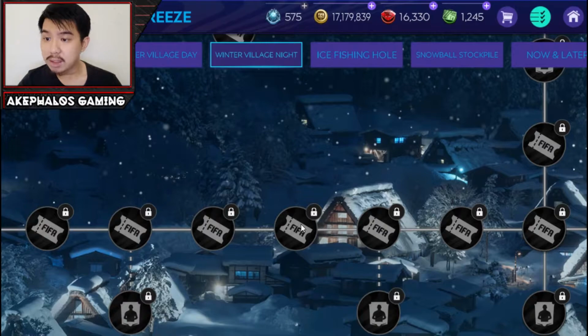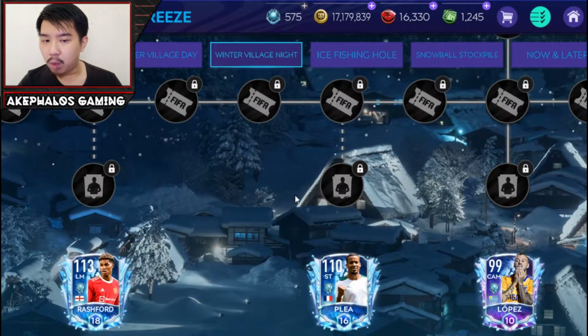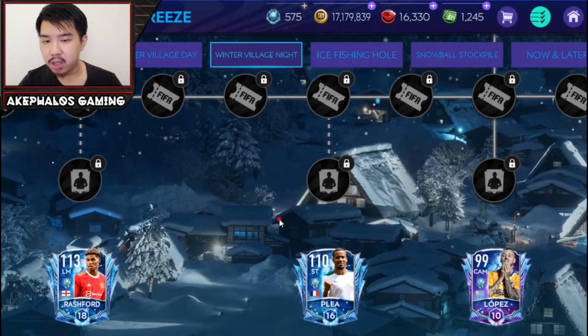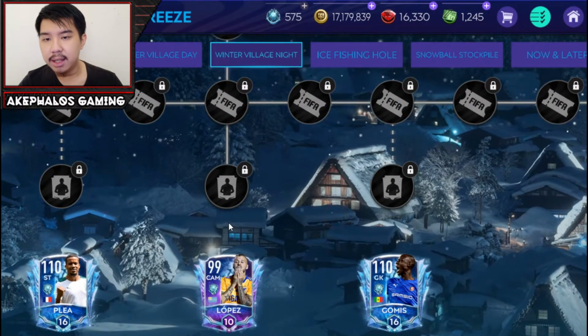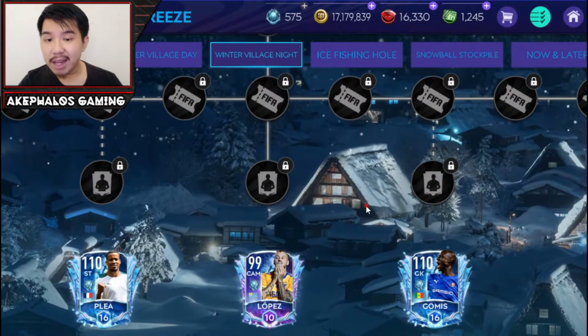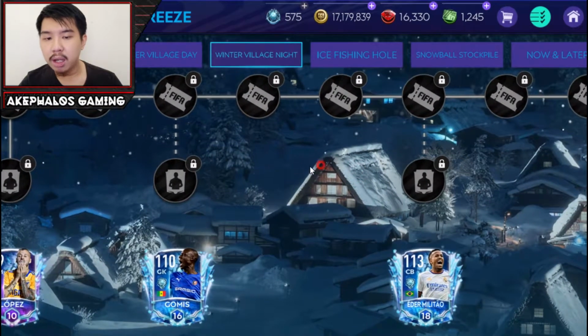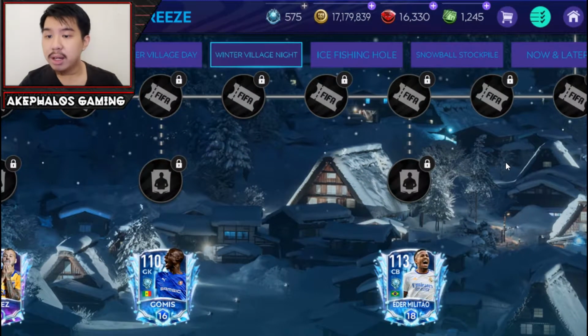With 12,200, you can claim the other 113s along this path, the 113, the 110, as well as the 99. With that remainder, you're still going to have a little bit more left over, so you can also go ahead and claim the 110 and the 113 on the opposite side. So you are going to have enough points essentially to claim